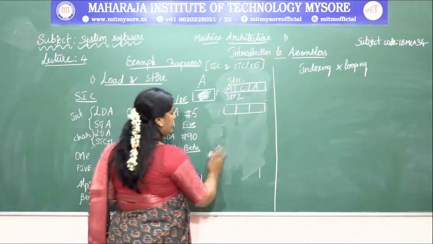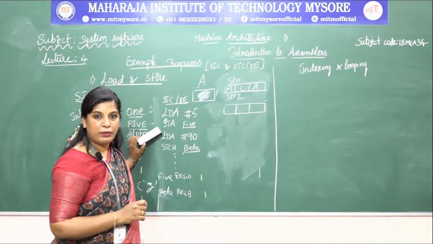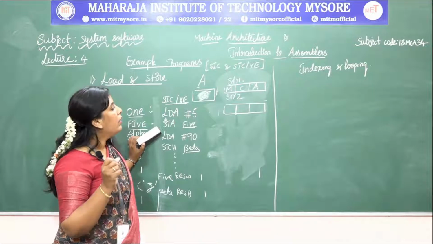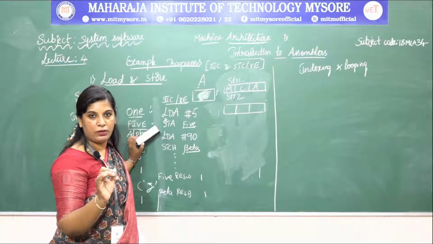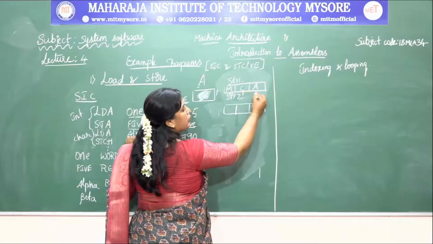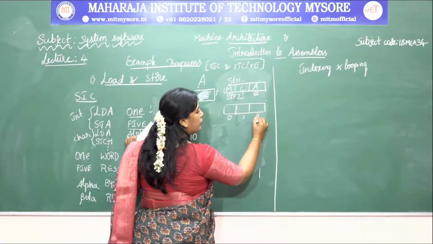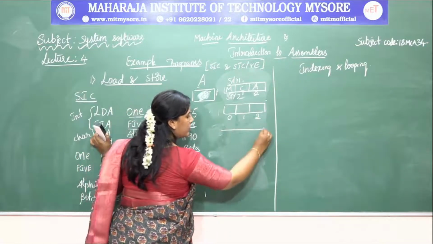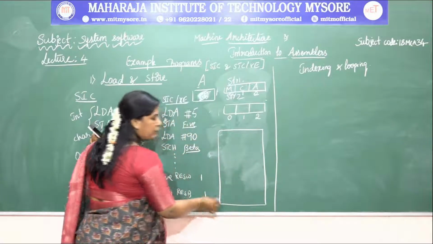Of course, when we want to use a string, it is represented in the form of an array. To represent the position of each character, we use its index value, isn't it? The index value for the first position is 0, for the second position it is 1, then 2. For string 2, again 0, 1, 2. So let's have a memory structure for this. This is the memory structure we are using.